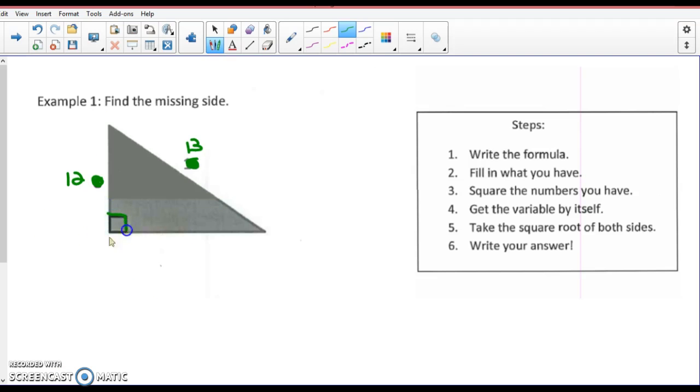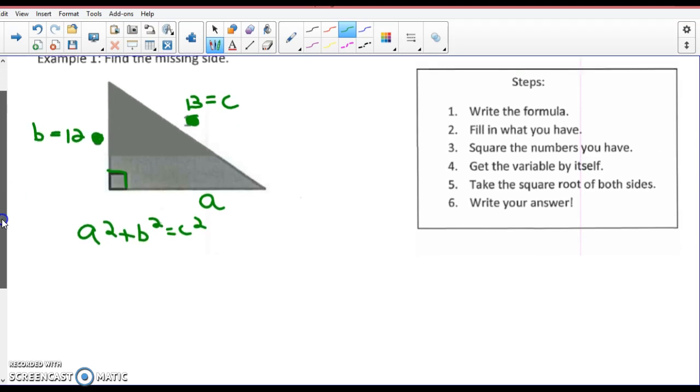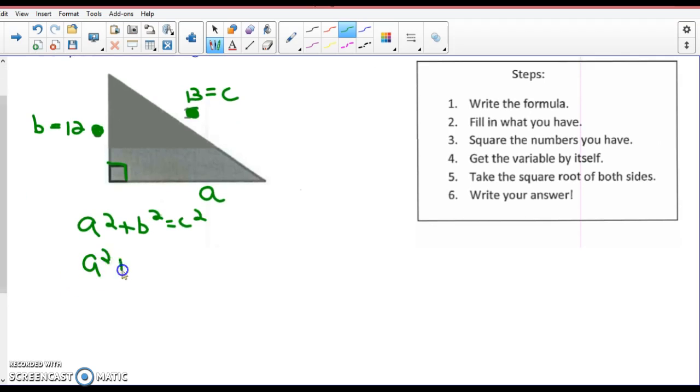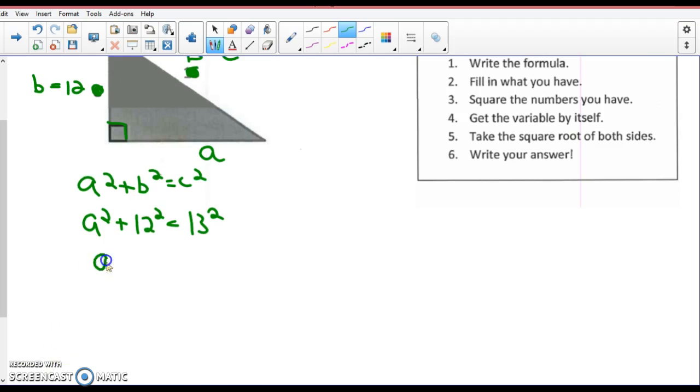Again, I look at this and I say, oh, right triangle. Well, that means I'm going to use the Pythagorean theorem. A squared plus B squared equals C squared. I'm going to call this A, this B, and 13 is C. Make sure C goes in the hypotenuse. C is the hypotenuse. Now, let's substitute. We don't know A. B is 12. Equals C squared. Now, solving this is very similar. A squared